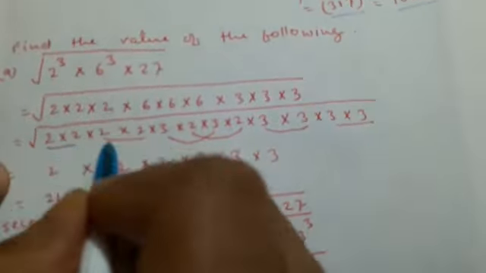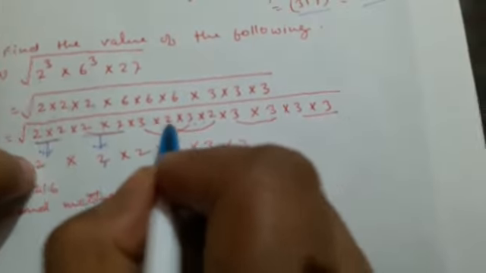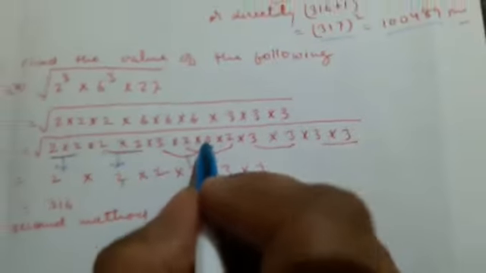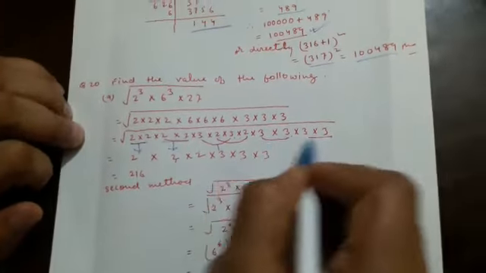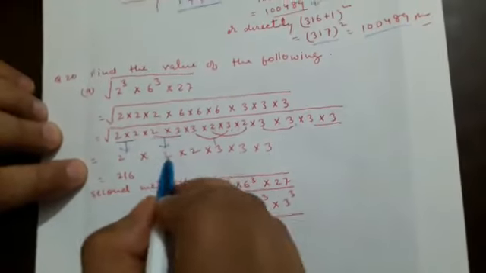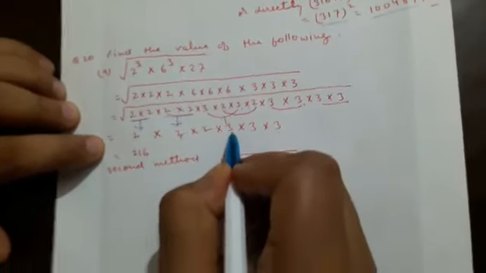2, and this is also 2. Here we will write down 2, 2, and this side 3 into 3, it will be 3, and this side 2 into 2, again it will be 2, and here 3 into 3, it will be 3, and 3 into 3, 3. Now let us multiply. 2 2 is 4, 2 is 8, 8 3 is 24, 24 9 is 216.